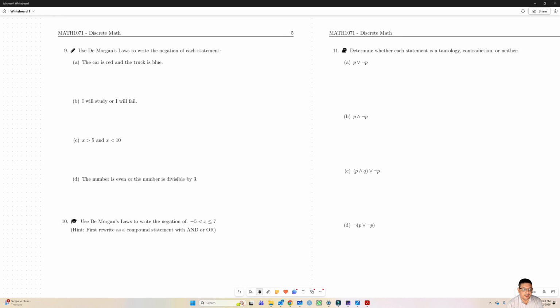Continue with the examples for section 2.1. So in exercise 9, we're going to use De Morgan's law to write the negation of each statement. Here we have the statement, the car is red and the truck is blue. So this is a P and Q kind of statement. If we negate, we do negation of P and Q, we get negation of P or negation of Q. So the negation of this will be the car